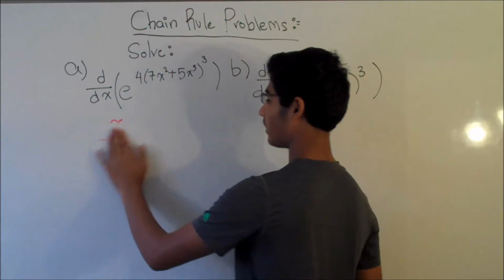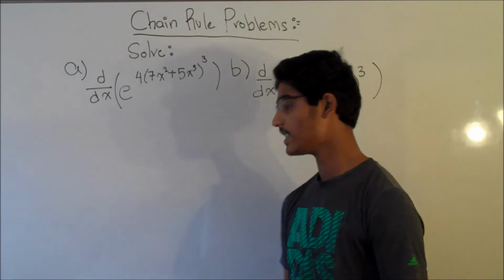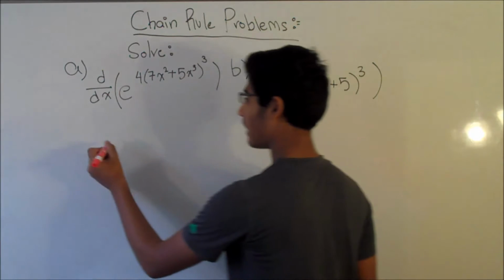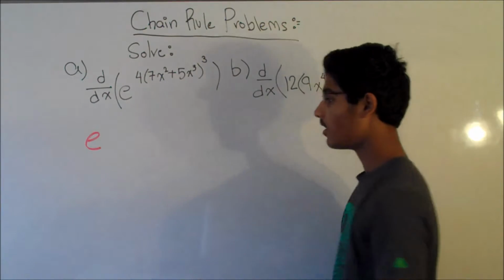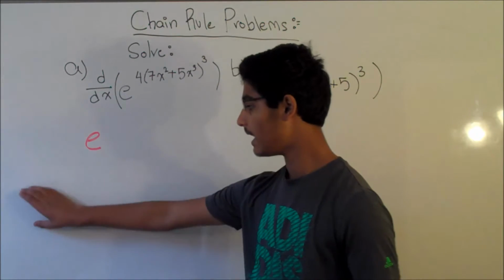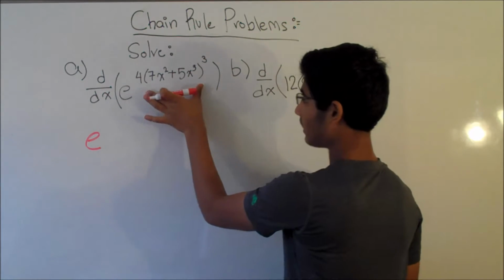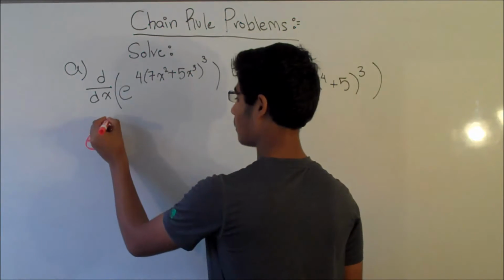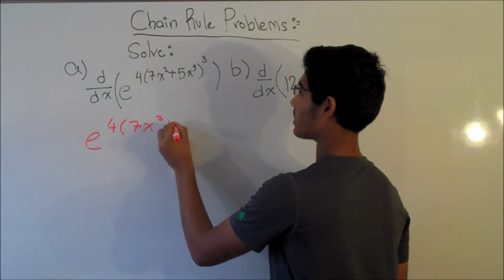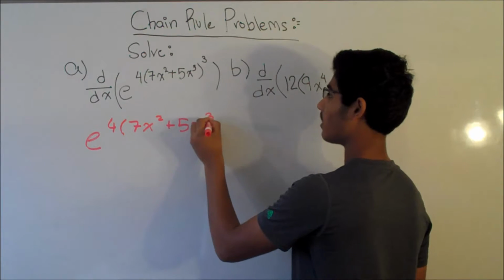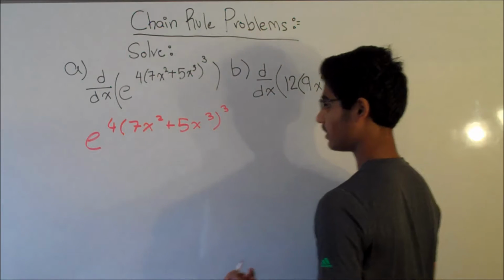First we take the derivative of the outer function, which is e to the x. We know that the derivative of e to the x is e to the x. So we have e, instead of having e to the x, remember how the chain rule had f prime of h of x. So now we plug in the middle and the inner function. So e to the 4 times 7x squared plus 5x cubed power times